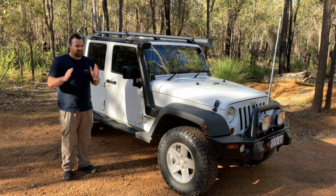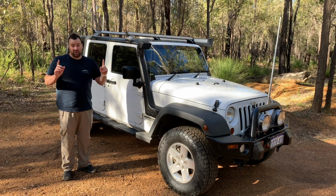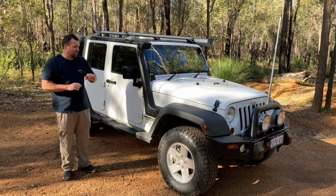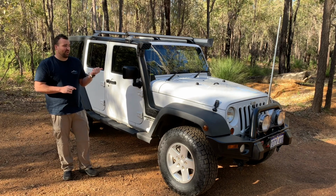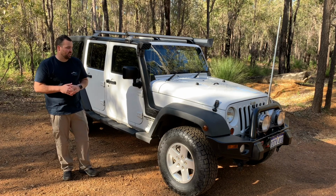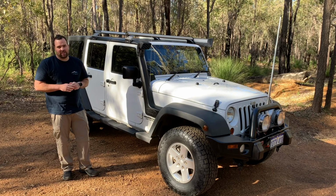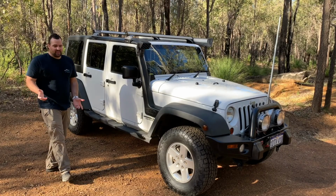And you end up saving money versus cost of servicing, depending which engine you have versus the economy that it actually is. Economically, it runs somewhere between about 8 and 12 litres per 100, which is fantastic. Like, it's really, really good. But when you're only driving a few 100K a week, it doesn't really become a huge issue straight away. Some of the other issues that I've had as well,